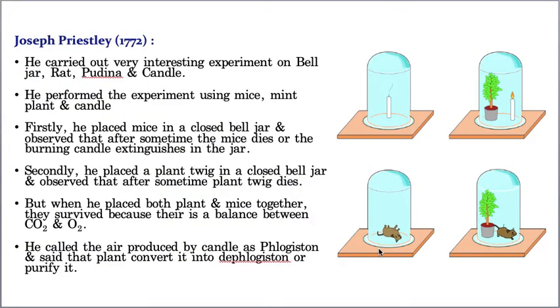Okay, now let us take one very interesting, very curious scientist, that is Priestley. Of course, the full name is Joseph Priestley. He took a bell jar. See, it looks like a bell, so it is called a bell jar. So he conducted an experiment called the bell jar experiment. Whatever I'm going to explain is there in the word format, but I'll explain directly by showing this diagram. Now he has taken one candle and also this plant. First of all, in case one, he has taken this bell jar.